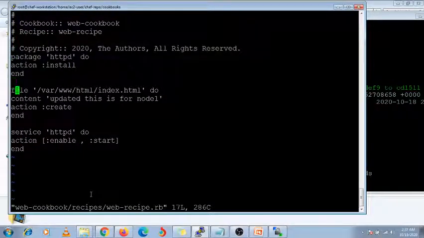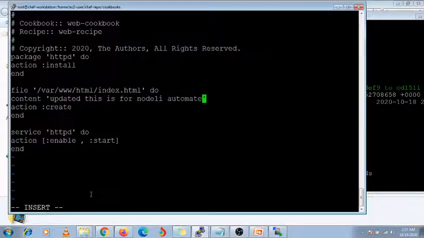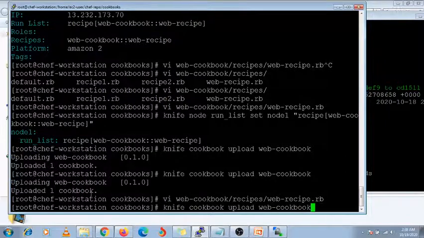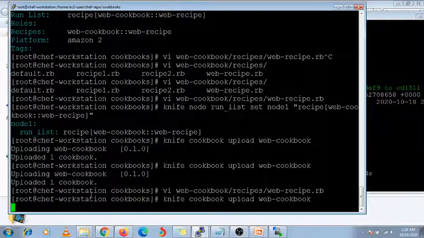So here I'm going to update it: automated under crontab. Now save it and upload this cookbook again.